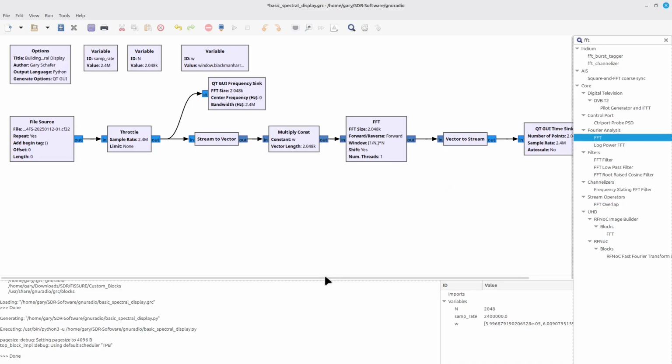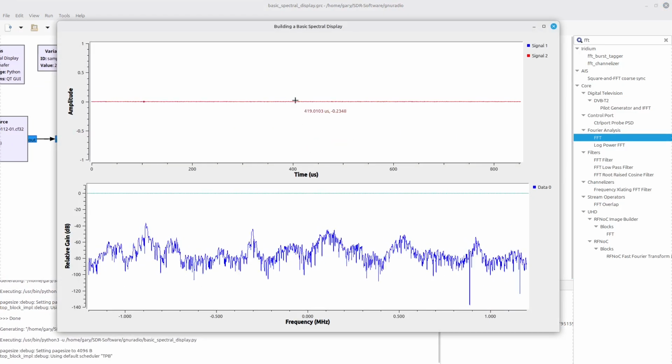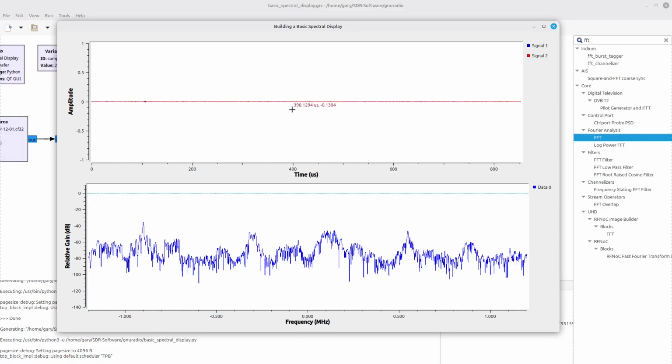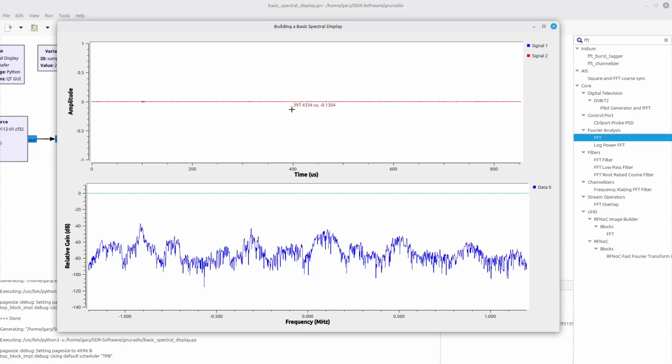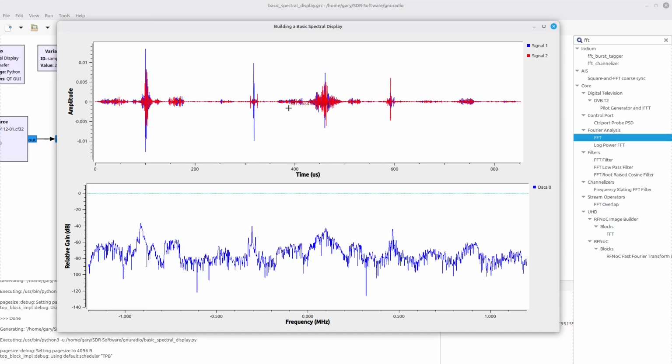Notice that now everything is happy. Let's see what the output looks like. And you might think, oh my gosh, I've lost all my data. No, you have not. Remember that we're now looking in the frequency domain, so the amplitudes are necessarily going to be fairly low.